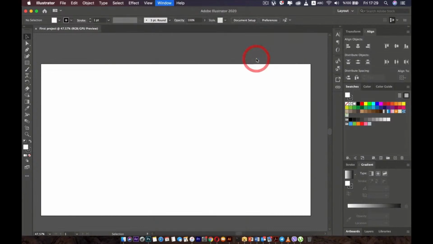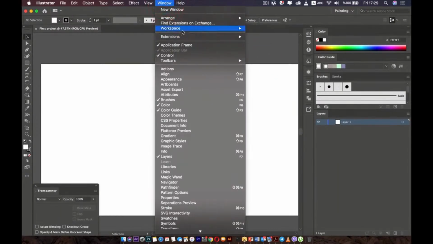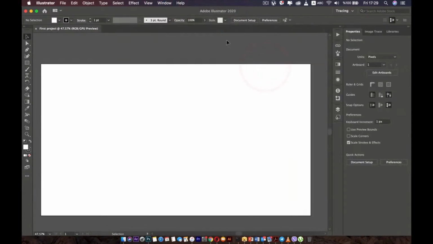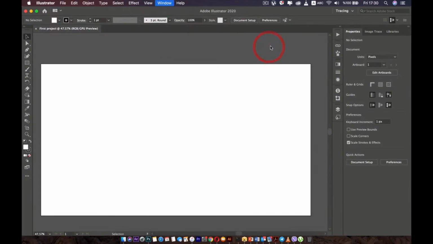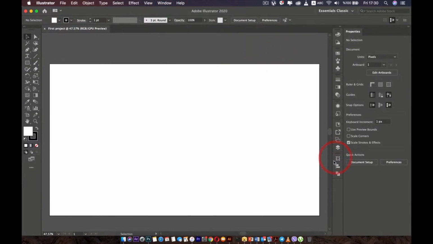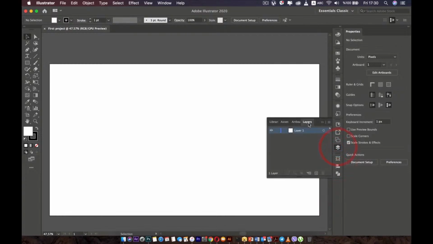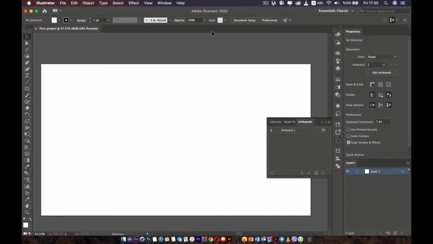Then you have the painting and many others. You can choose what you want. You can also create your own. For example, now you are in the essentials. If I want to change this, for example, I will put these layers over here and also make my toolbar